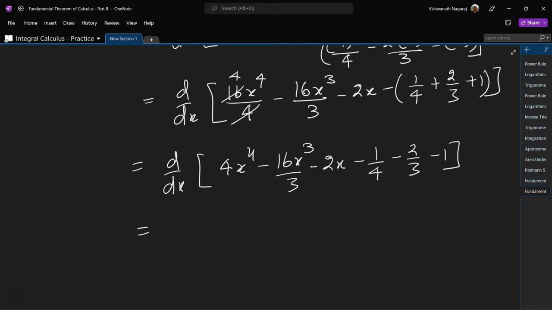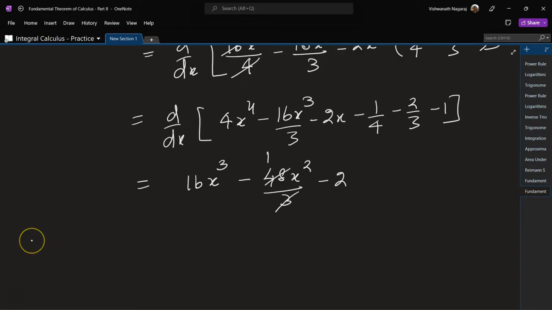What we'll do is directly take the derivative. So this would be 16x cube minus 16 by 3 times 3, which is 48x square by 3, minus 2, and these will all be zeros. 3 ones 3, 3 6 18. So the final answer is 16x cube minus 16x square minus 3. Fourth one,